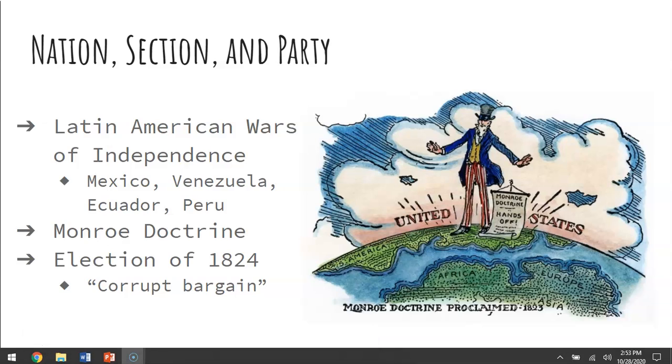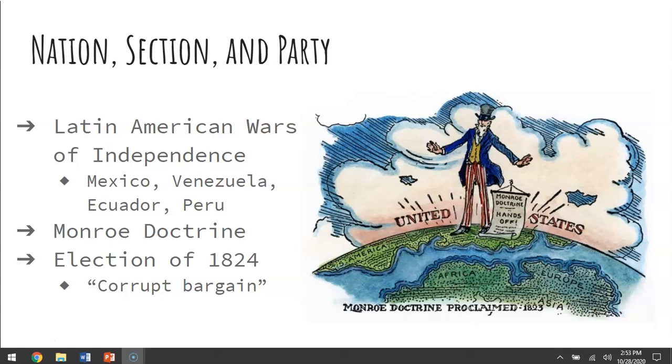At the time of these revolutions, James Monroe's Secretary of State was John Quincy Adams, and he was really worried that Spain was going to try to regain its Latin American colonies. So in 1823, he drafted a section of the president's annual message to Congress that became known as the Monroe Doctrine. And it had three major principles. First, the United States would oppose any further efforts at colonization by European powers in the Americas. Second, the United States would abstain from involvement in the wars of Europe. And finally, Monroe warned European powers not to interfere with the newly independent states of Latin America.